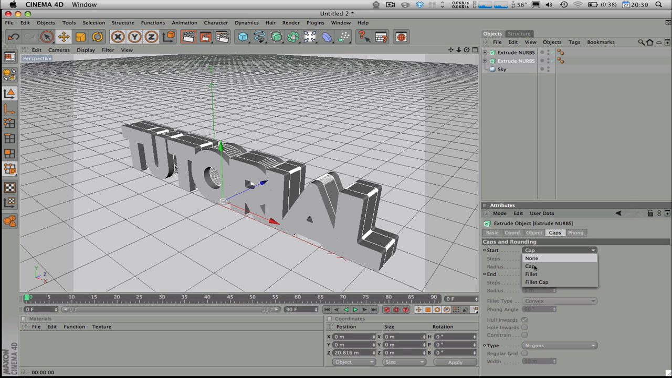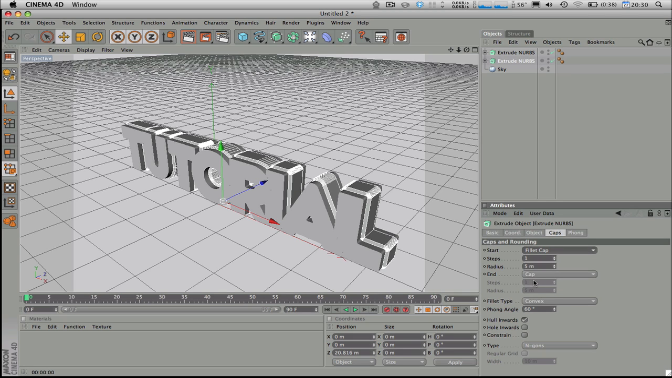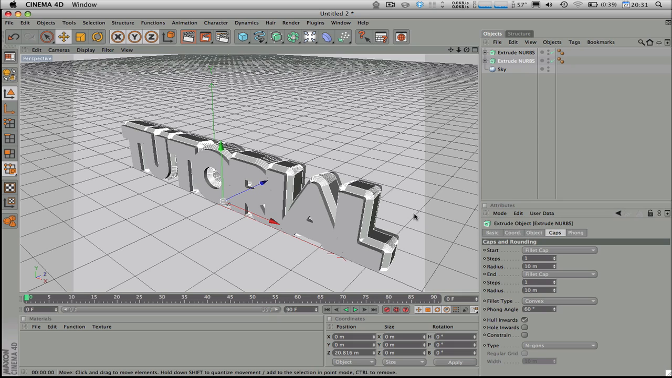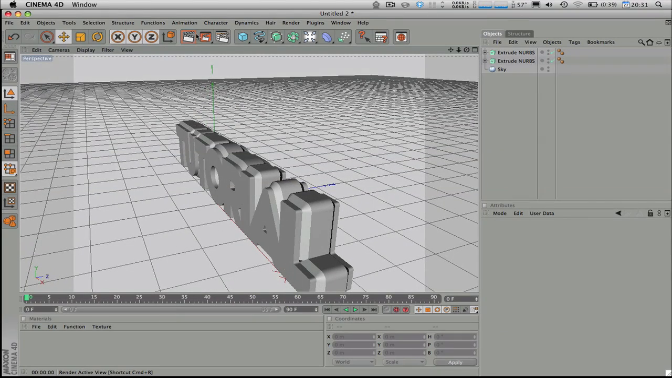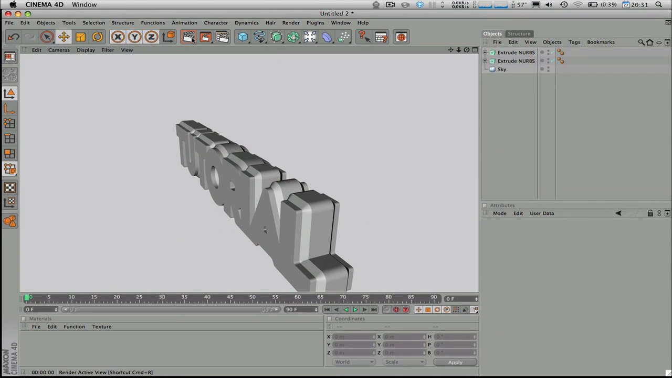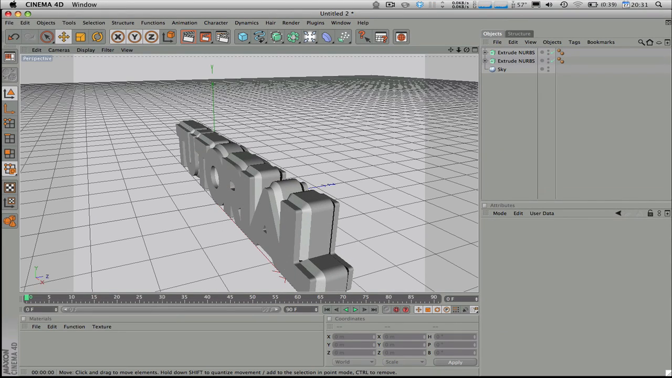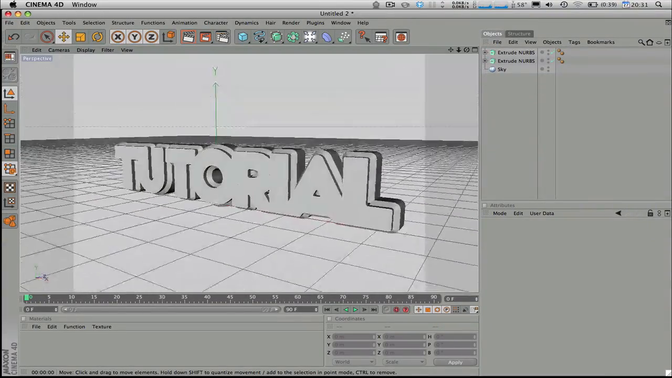We're going to change them to fillet cap and fillet cap, and we're going to change this to radius 10, and radius 10, just because. Now we can just move this around and we render, and we have 3D text, but you'll notice the outside isn't quite glass,